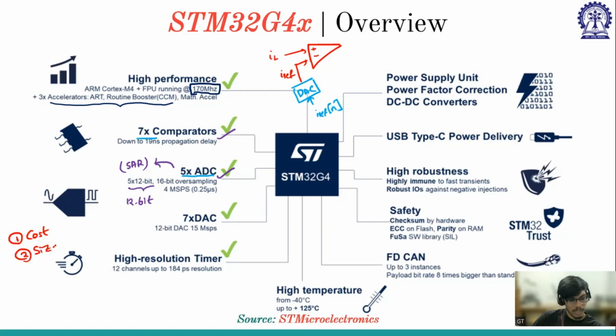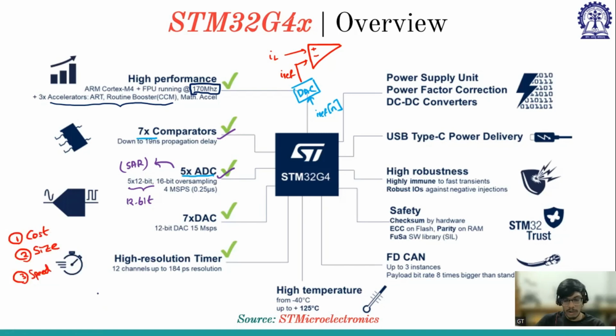Depending upon their cost and size requirements, or speed as well as performance. First is cost: microcontrollers cost a bit less compared to FPGAs. FPGAs are a bit costly, and size also matters. What is the size of the microcontroller that you get, and what is the size of the FPGA, and also depending upon the speed and other factors, depending upon the application, they select the FPGA